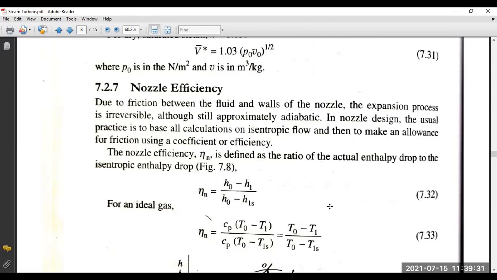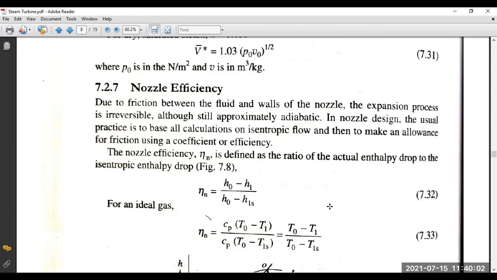So what is the condition? What is the state of the fluid if a flowing fluid is brought to rest in a device which is isentropic? First of all, no heat transfer takes place. Adiabatic is also the same, no heat transfer takes place, and the flow is steady. There is no change in velocity, and there is no work required or supposed to be done by the output itself. Here, the stagnation